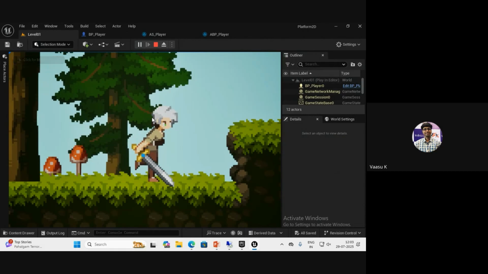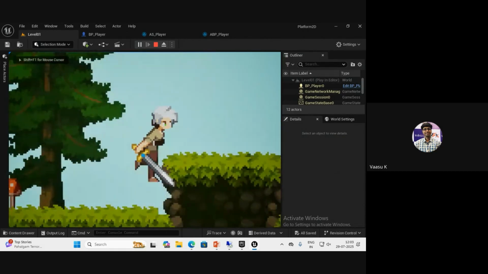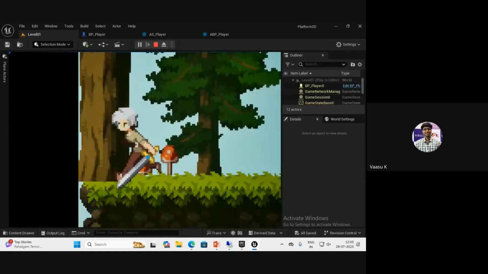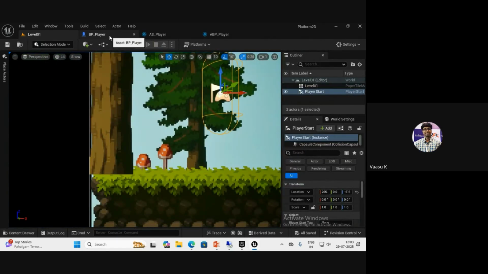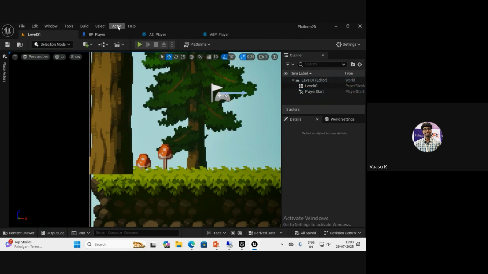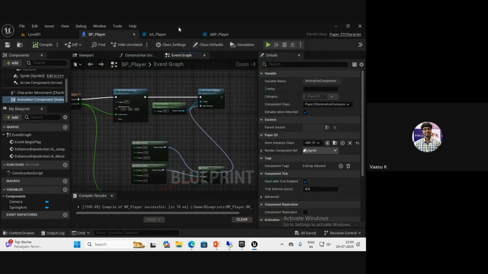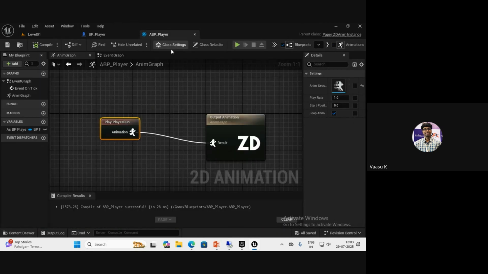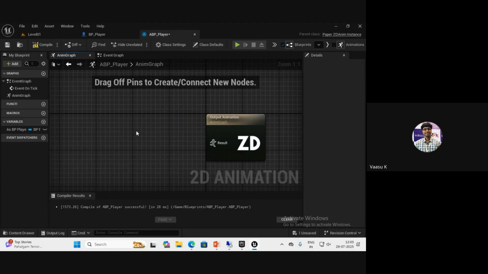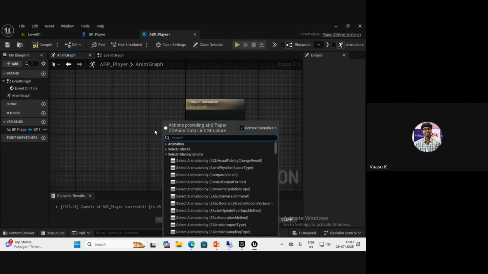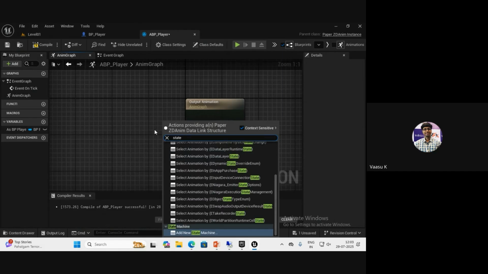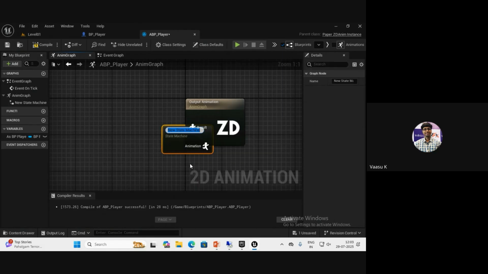So there's a state, you see that? It is not idle, there is no running, there is no jumping and everything. It's only coming with the run animation which appears. So what can I do for this? Go into the ABP. I want to get different states activated directly, based on the velocity of your controller. So for that, you pull the wire from here, find state machine, add new state machine,